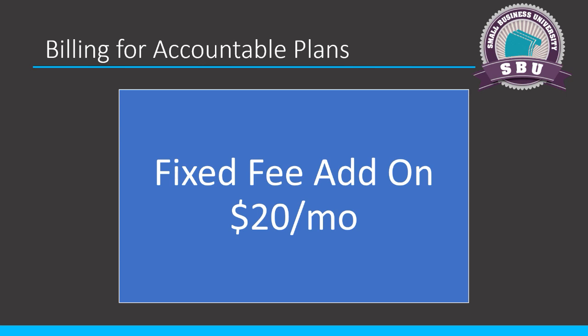So if they choose the add-on, I'm going to show you in the next slide what you're providing them. But in this slide, I want to talk more about what happens for the people that do not take you up on your add-on for accountable plans. For those that don't take us up on the offer, my financial accountants set a reminder in their calendar after the onboard kickoff meeting for the next quarter end. So after our meeting's over with the client with the kickoff and they don't take the accountable plan, the financial accountant sets a reminder for the end of the next calendar quarter to check if they have submitted to us the expense report.